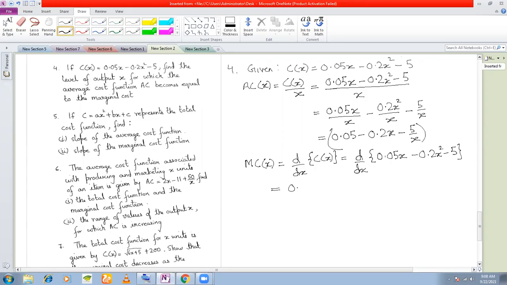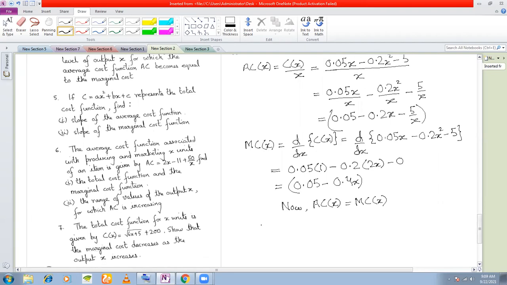Now differentiate this. Get 0.05 into 1 minus 0.2 into 2x minus 0, which is equal to 0.05 minus 0.4x. You need to find out the level of output at which average cost is equal to marginal cost. Now average cost is equal to marginal cost